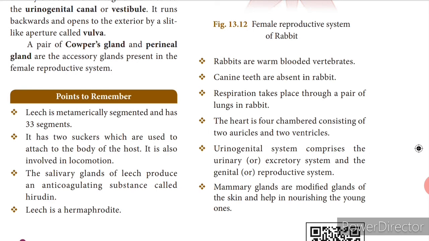Now from this lesson, the male reproductive system of rabbit, the parasitic adaptations of the leech and the dentition formula that we have seen for the rabbit are very, very important. So please do write these questions. I once again repeat, the dentition in the rabbit, male reproductive system of rabbit and parasitic adaptation of the leech are very, very important. So write these questions in your classwork and submit the classwork in the school office on Friday, and it will be